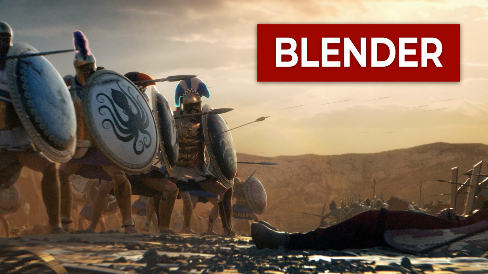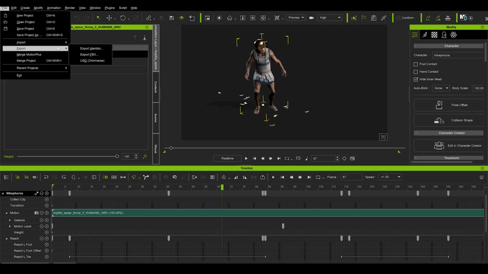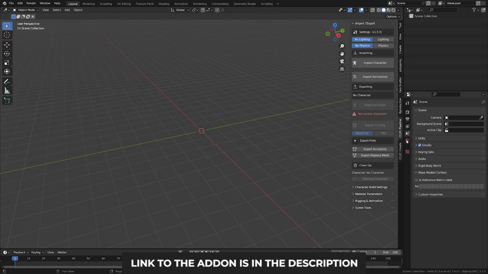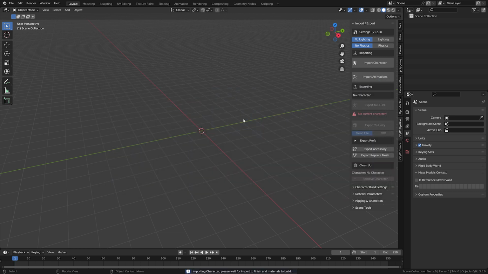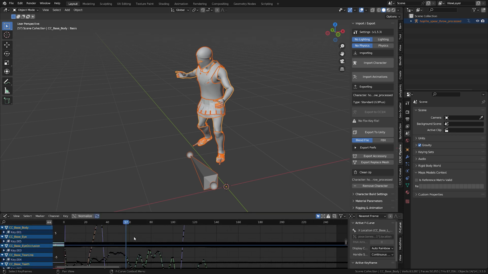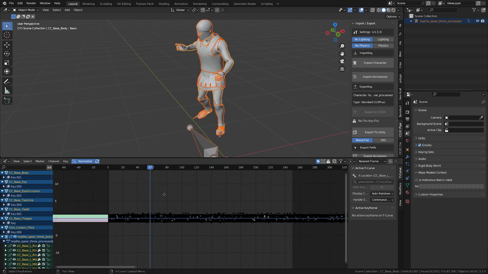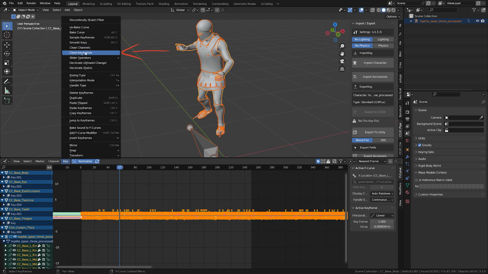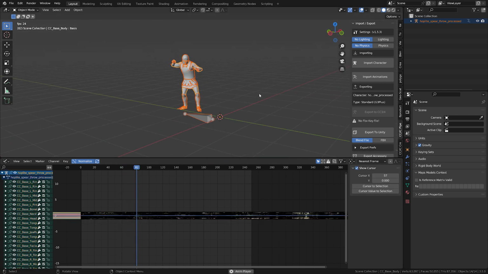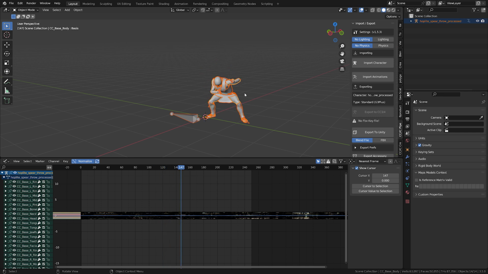The actual import of the characters and their animations happens through a CC Pipeline add-on, one that is free and with which you can simply export your characters into FBX format and then import them into Blender, with most important settings retained. The first thing I've usually done though was cleaning up the keyframes in Graph Editor. There are usually simply too many of them, which is slowing down the playback. You can safely use this Clean Keyframes option, which will reduce the amount of keys with minimal change to the animation. You can also choose the Clean Channels tool that will remove keyframes from any channels that don't have animation on them, removing a lot of unnecessary data.